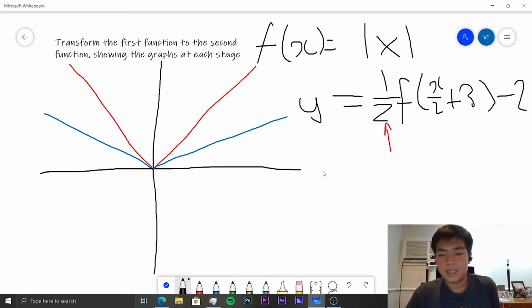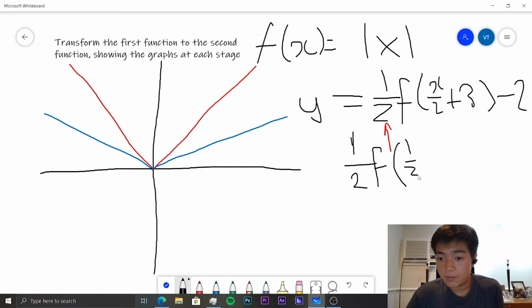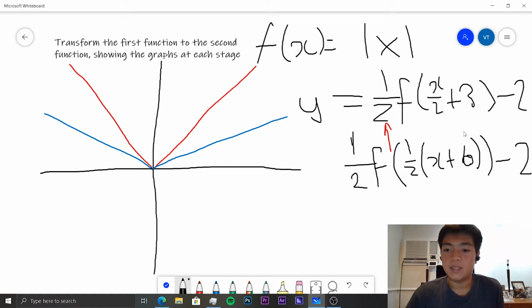To get the horizontal dilation, we have to actually edit this function a little, so it looks something more like 1/2 of f of (1/2 of (x plus 6)) minus 2, which is actually the more correct form. So the horizontal dilation is 1/2. Sorry, the reciprocal of the horizontal dilation is 1/2, so the real horizontal dilation is 2. So we're stretching it out by 2. So now we have a new graph that looks something more like